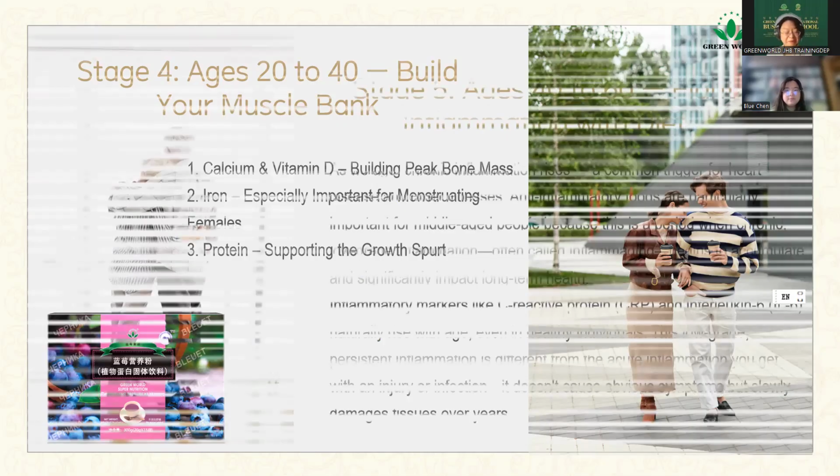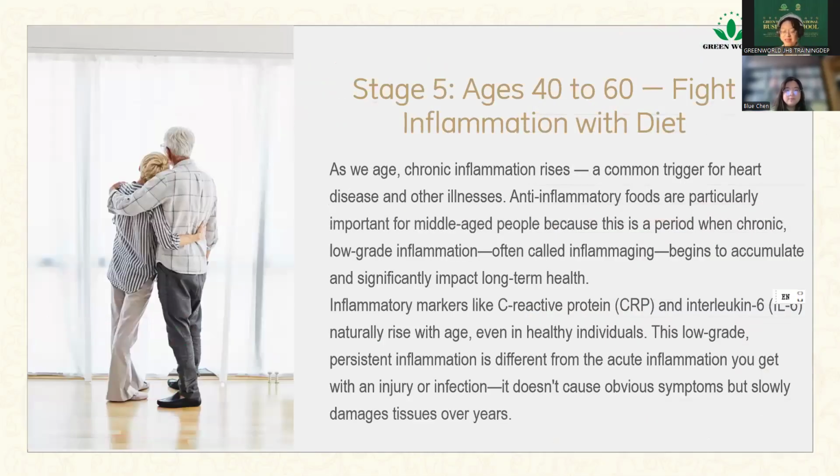Stage number 5, age 40 to 60, fight inflammation with diet. As we age, chronic inflammation rises, a common trigger for heart disease and other illnesses. Anti-inflammatory foods are particularly important for middle-aged people because this is a period when chronic low-grade inflammation, often called inflammaging,